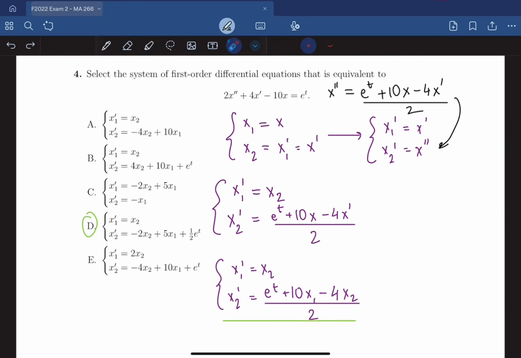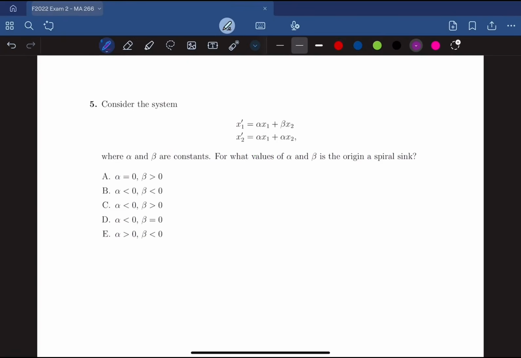These types of problems are not too bad once you get a couple under your belt, but it's a little bit weird for sure. All right, so for number 5, we have a system of DEs, and it says where alpha and beta are constants. For what values of alpha and beta is the origin a spiral sink? So remember, spiral sink